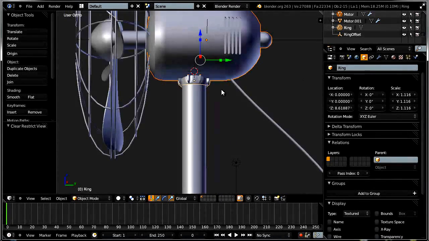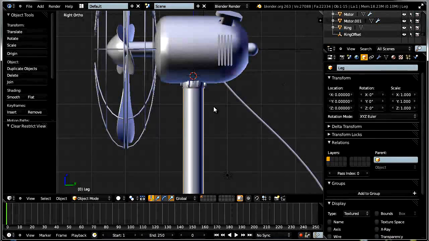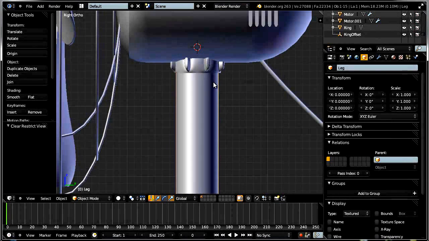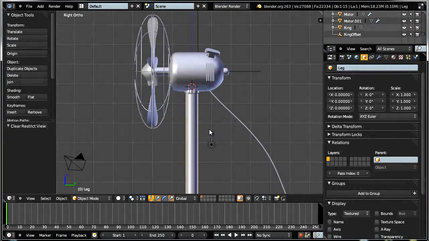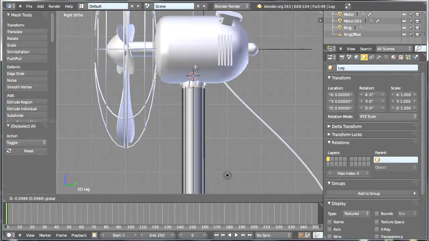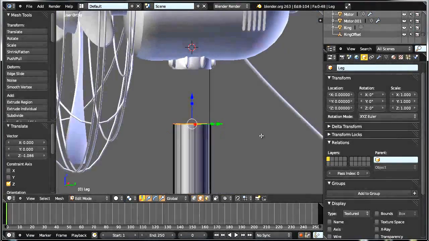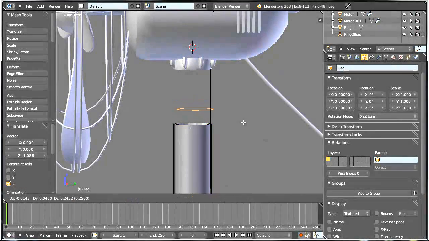And we have also seen some useful techniques for making hard edge modeling, perhaps. Now let's go ahead and select the leg. Let's tab into edit mode, select this top row of vertices, and bring them down. Alright, somewhere here, I think. Okay, and now let's Shift D to duplicate them,